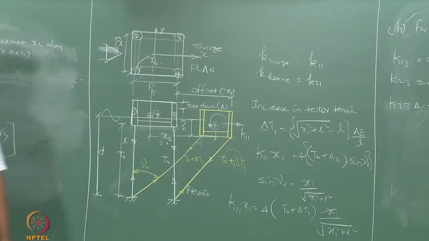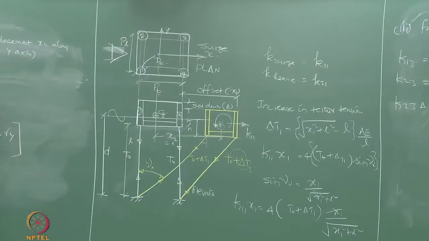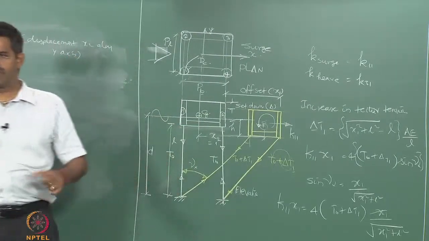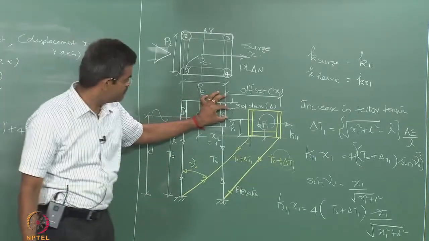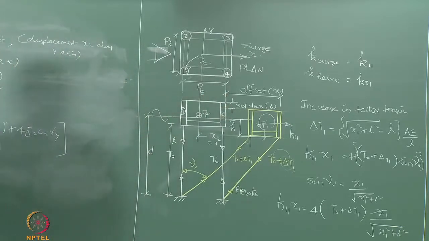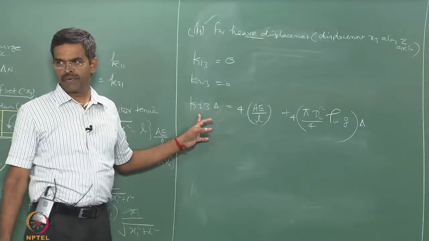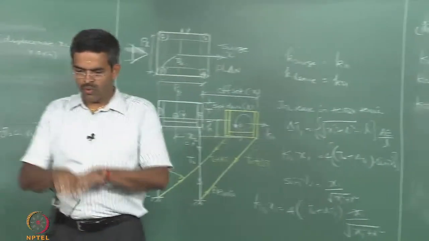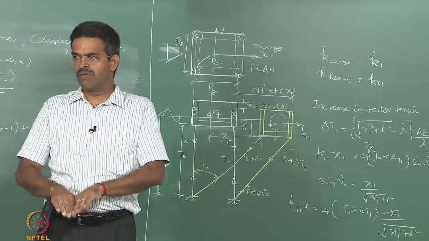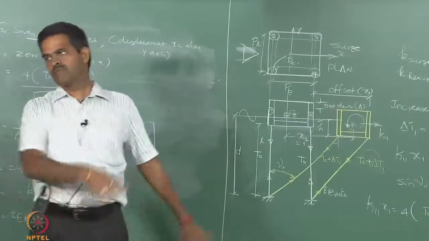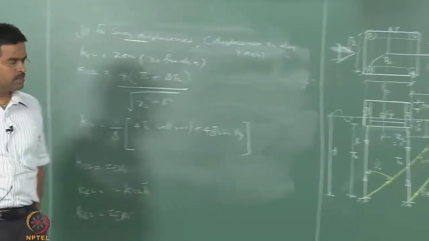C stands for the column. Pontoons are anyway completely submerged, so they will have no variable buoyancy; only the column variation will be there, and that variation is nothing but delta. That is the degree we are given, where delta is unity in this case by derivation, because I have to give a unit displacement to get the force in heave. I am just pushing the platform only in the positive heave axis. Ideally speaking, it does not move along x and y.